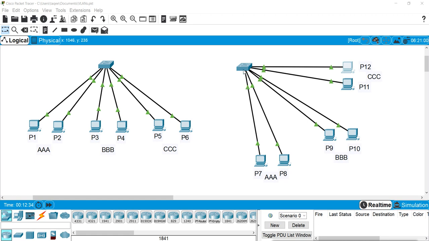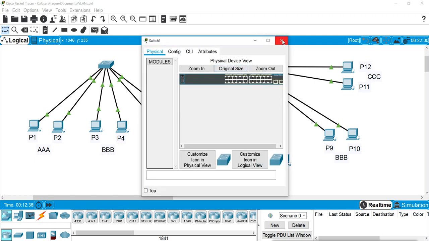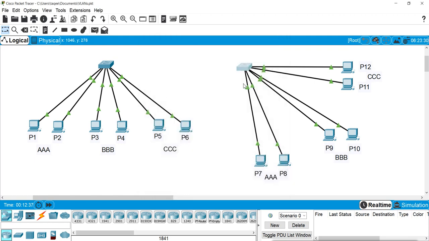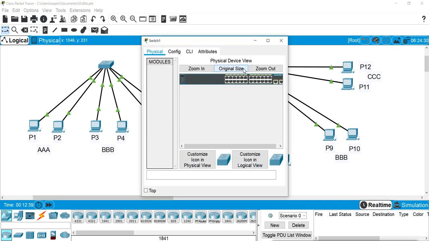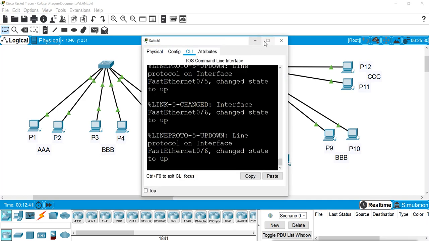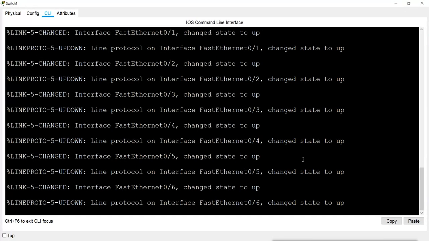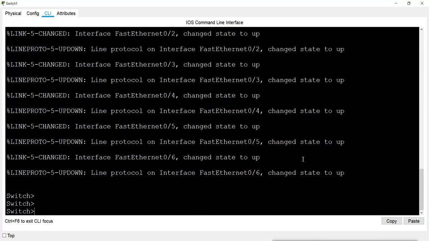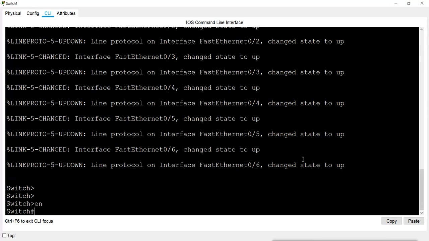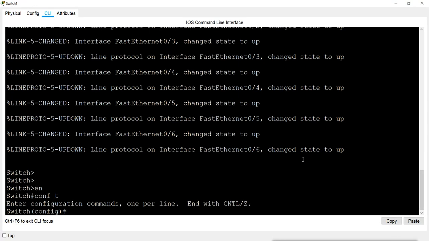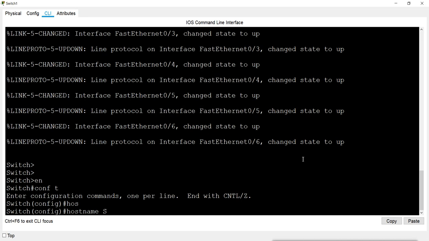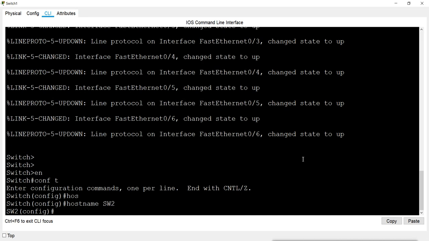I will go to this switch, where I have already created these things, and go to configuration mode. First I will give the name to this switch. This will be our switch 2.